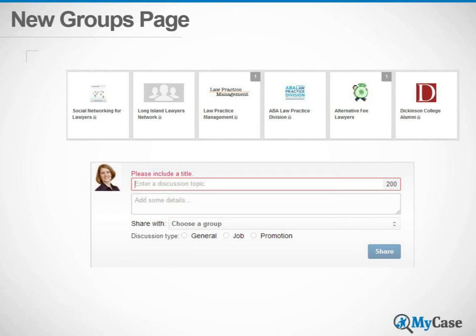And lower down on the page, you can start your own discussion. So again, this may just be that you found a great article that you want to post the link to in this particular group because you know that the alternative fee lawyers group would be interested in this article that you just found on how to charge alternative fees, fixed fees in a personal injury case or something. So you enter the title and some details, and then you choose who you want to share it with. And you can share it with one group or multiple groups. And then you decide what type of